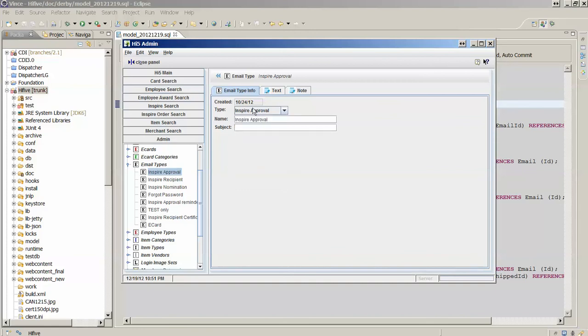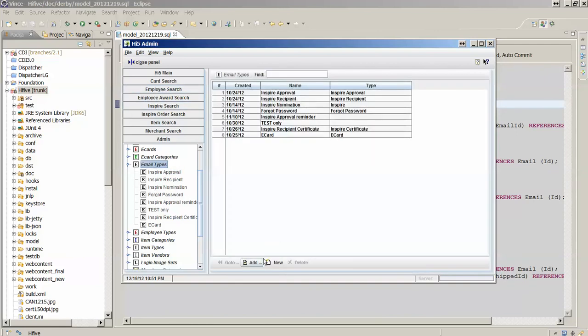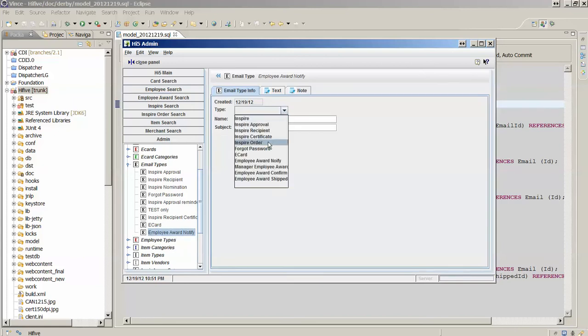you can go in and create a new one here, and we're going to call this Employee Award Notify. Basically all I have to do here is say this is Employee Award Notify. So now in our code,